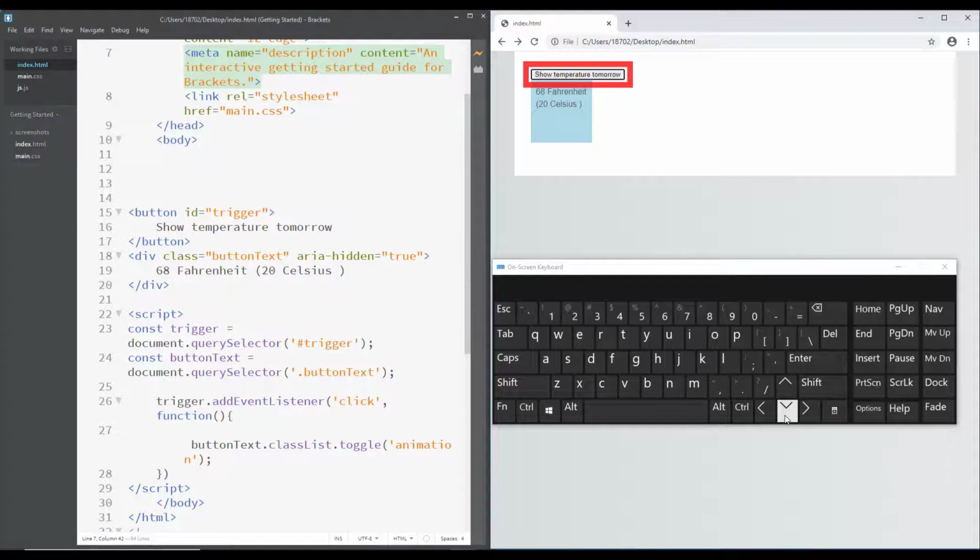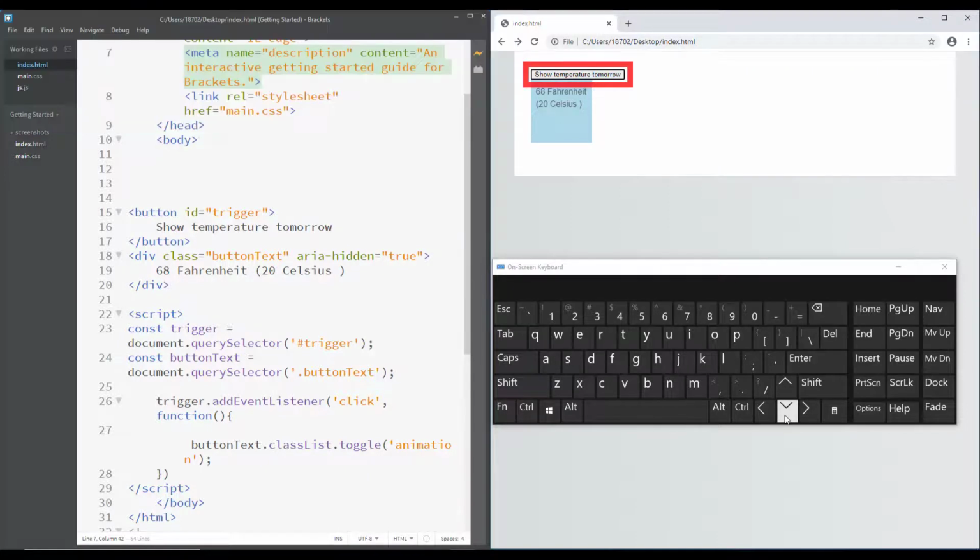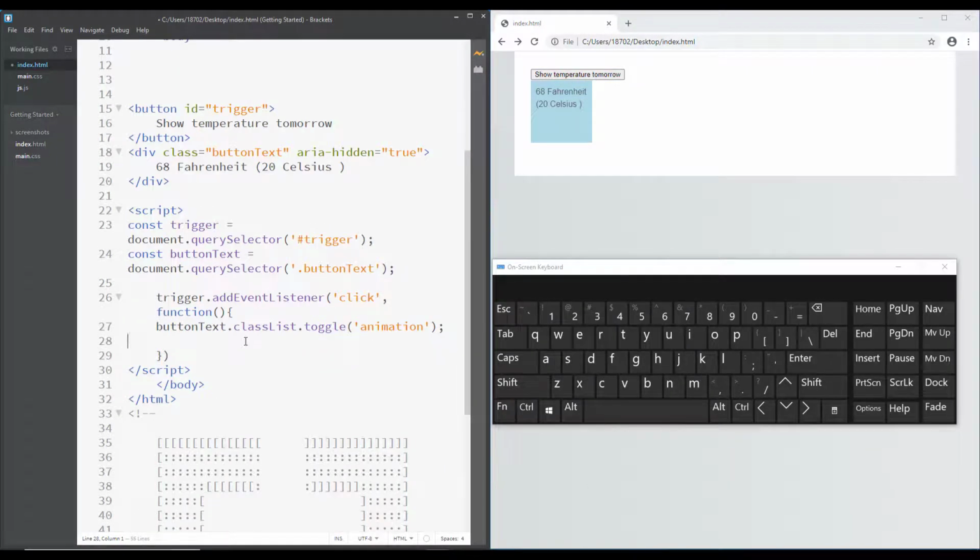One note I must put is that the ARIA specification warns against using ARIA hidden because it says that it has some discrepancies in browsers. I tested it in the most modern and famous desktop browsers and I see no problems using it, but if you are experiencing problems with ARIA hidden false, just remove the attribute and the browser is probably going to show it anyways. So let's fix that.